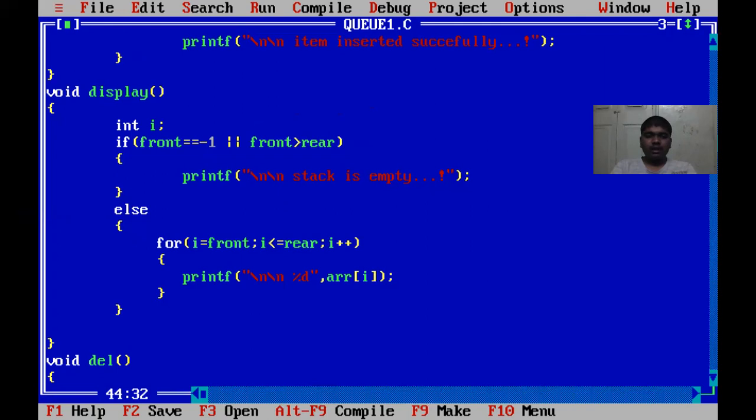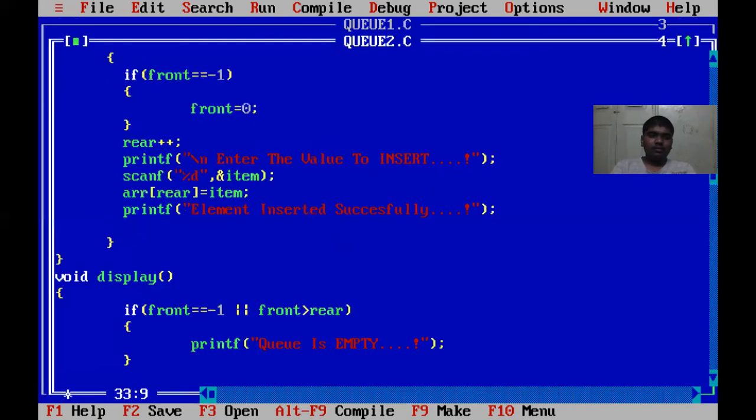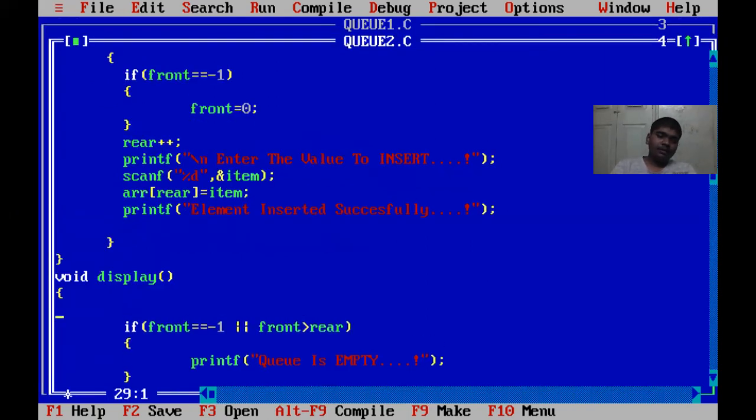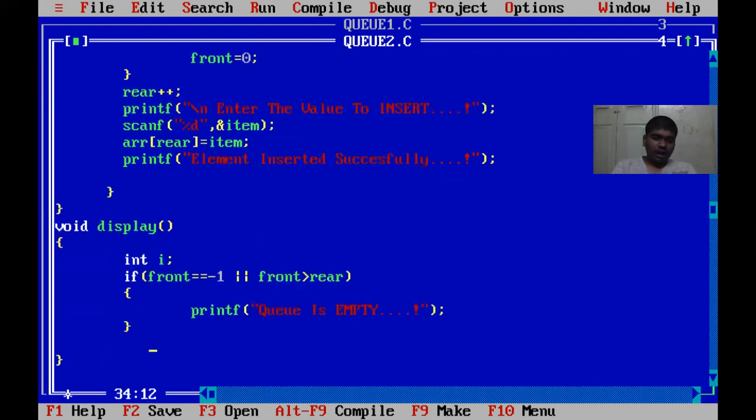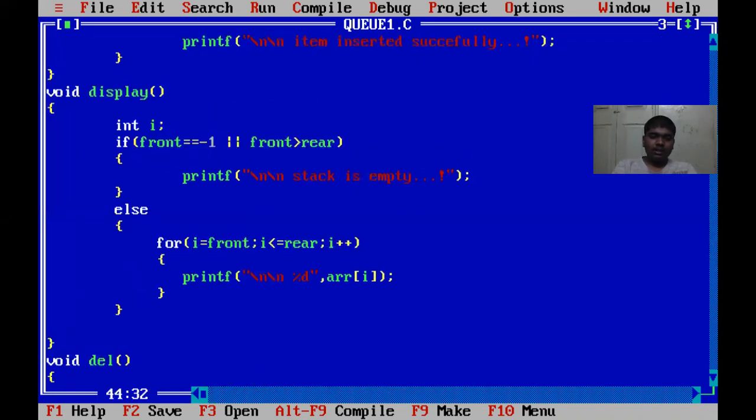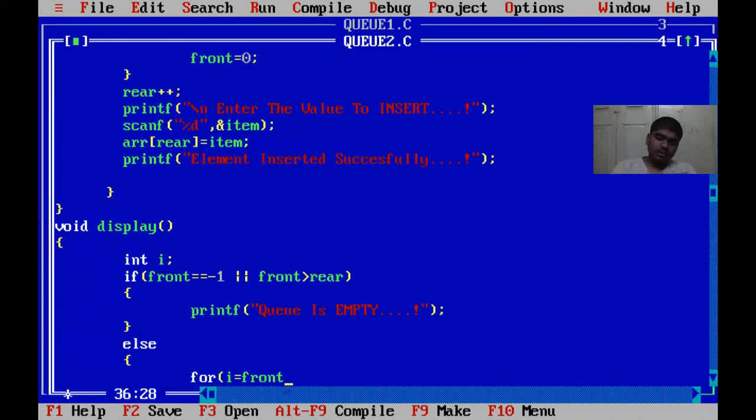We need to initialize a variable of int as int I. So we need to write else here. So I am writing else, for I is equal to front. If we need to display the things, we are using this front. So if I less than